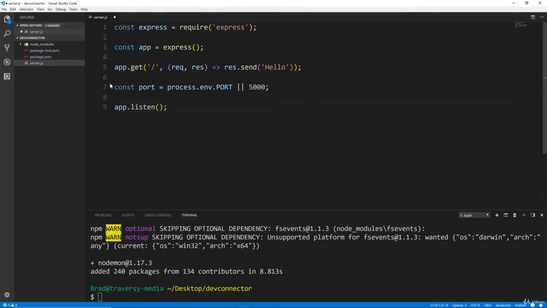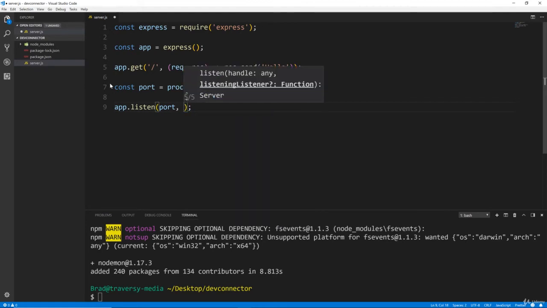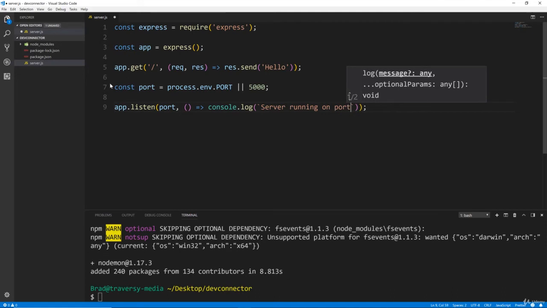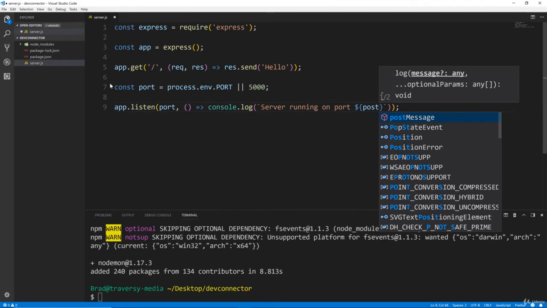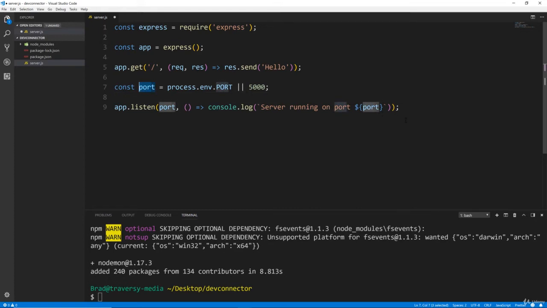and then we can do app.listen, and we want to pass in the port we want to listen on, which is that variable, and then we can put a callback, or an arrow function, and I'm just going to do a console.log, and we're just going to put in some backticks here. We're going to use an ES6 template literal so that we can put a variable inside the string, and we're just going to say "server running on port", and then the variable syntax, which I'm sure a lot of you guys know, is like this. Okay, so it'll just output whatever this port is right here,